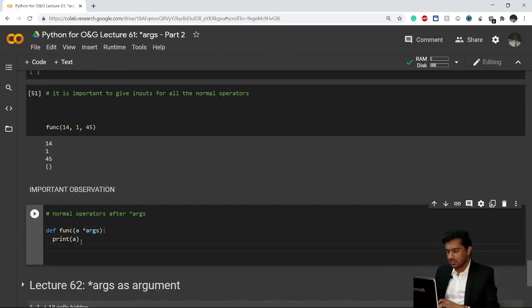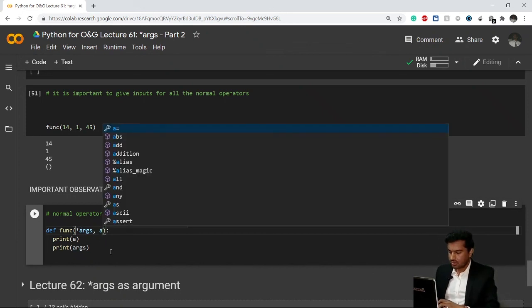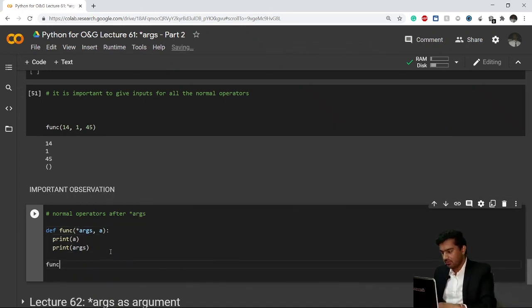So this is what this function will give me. Print args. I'll have eliminated the B and C. Now this time what I'll do, I'll input A, that is a normal parameter, after the args. And now if I call my function func with, let's say, 12 and 45 and 49,